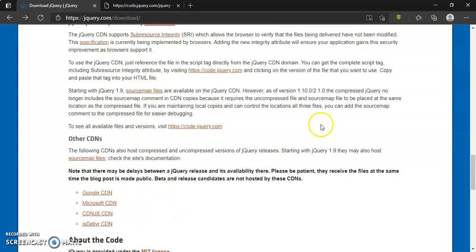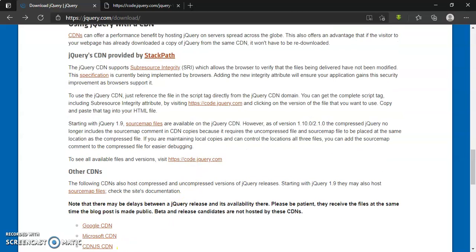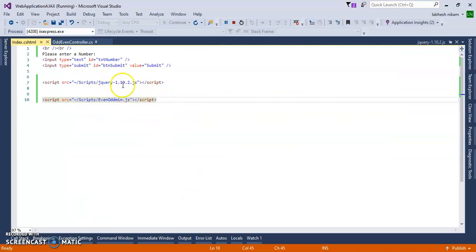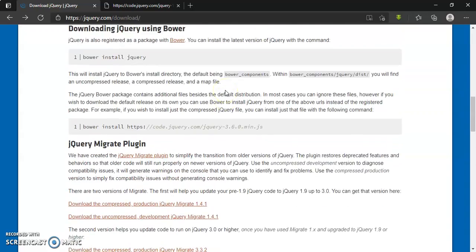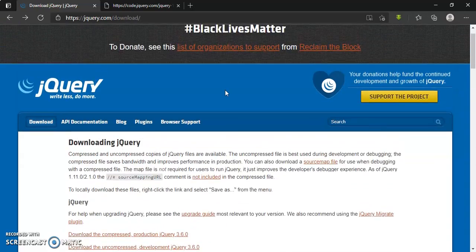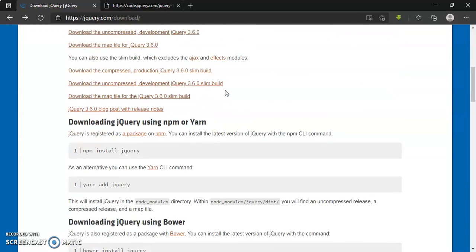Now, suppose I want to replace this jQuery 1.10.2 with the jQuery CDN. What will I do? I will go to jQuery.com and find the file.